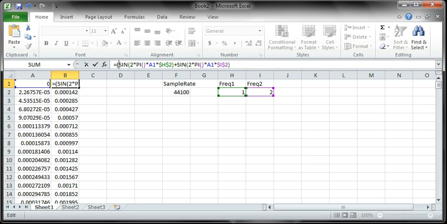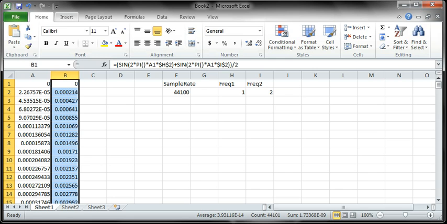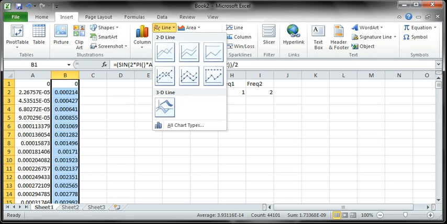So I'm actually just going to take the whole thing and divide by 2 so we have that same scale when we do this. So we're going to do the same thing to copy that equation back down. So B44101, enter, Control D. And now if I generate a line graph,